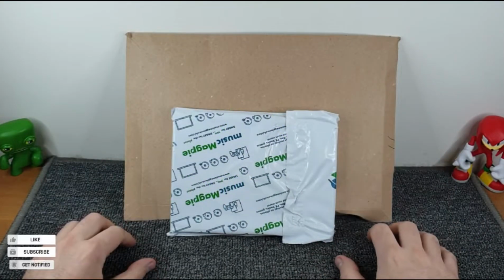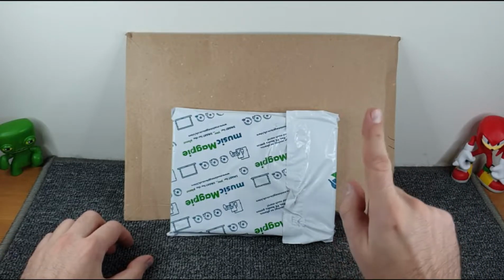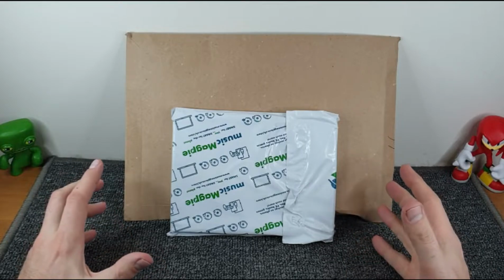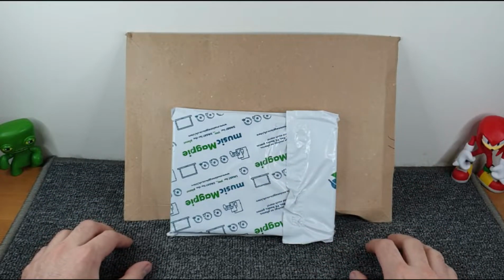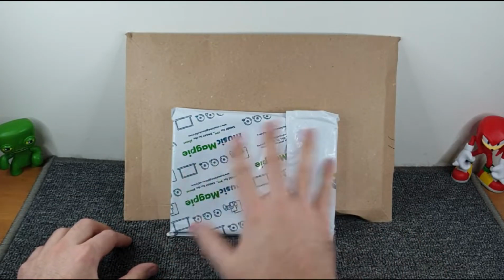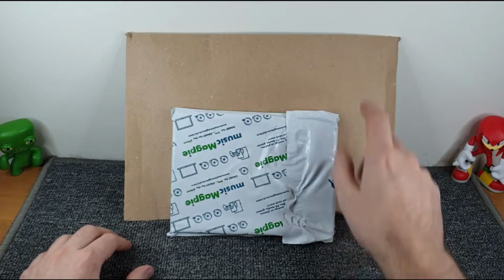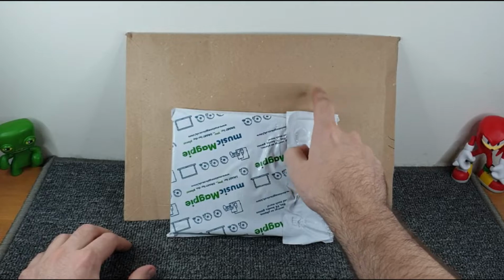Hello all and welcome to what is indeed one CEX Roulette and one Music Magpie. One for sorrow, two for joy with Music Magpie is basically playing the CEX Roulette with them. Now it's clearly obvious which one has come from where because Music Magpie have decided to splatter Music Magpie all over their plastic envelope. But the CEX Roulette big cardboard envelope is the one that we really need to pay